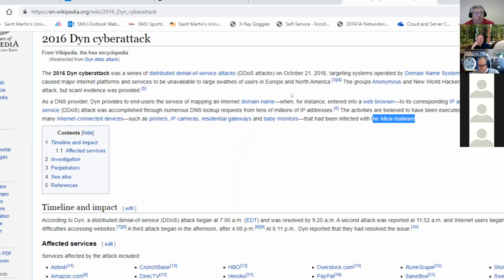So they trolled the internet, they scanned it, and anytime they found something with the Linux operating system, they tried to log in with the default username and password for all these types of devices, DVRs and printers, cameras, wireless access points, and then they would throw on the Mirai malware, and then they had upwards of 300,000 devices that they launched against Dyn. So Dyn